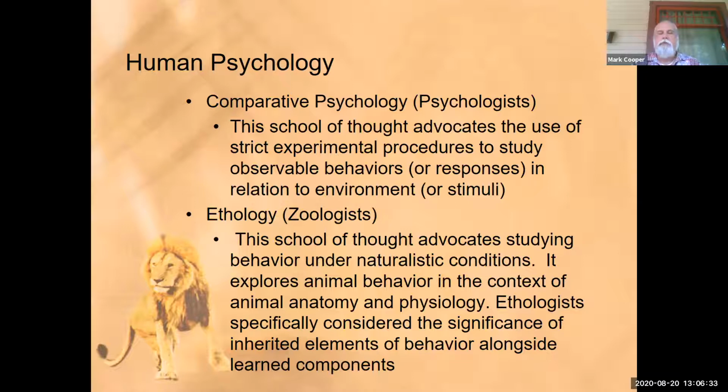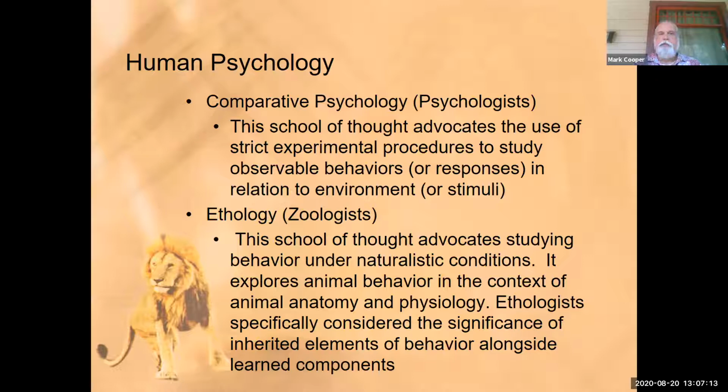They're usually zoologists in training. So, explaining the difference real quickly, comparative psychologists like to do things in labs. That way you can set all the different variables so you can actually look at responses to a single stimulus. The ethologists, on the other hand, like to do it in a natural setting, and that means you can't control all the variables, but they believe it is more natural behavior then.